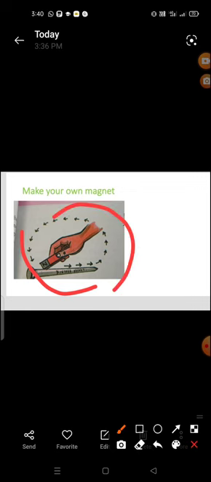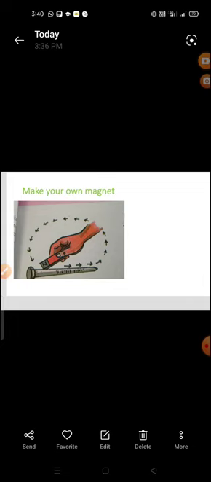So now remove the bar magnet and bring some iron filings or pins close to the nail. What do you notice? What do you observe, children? The iron filings or pins get attracted by the nail. So children, by doing this, you have succeeded in making your own magnet.